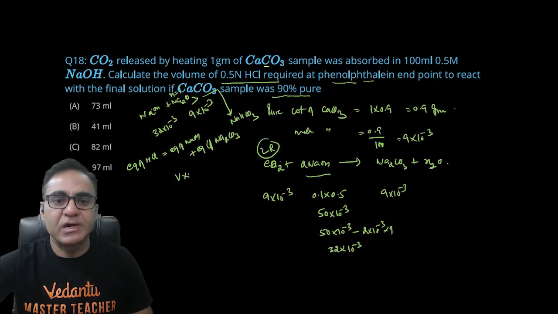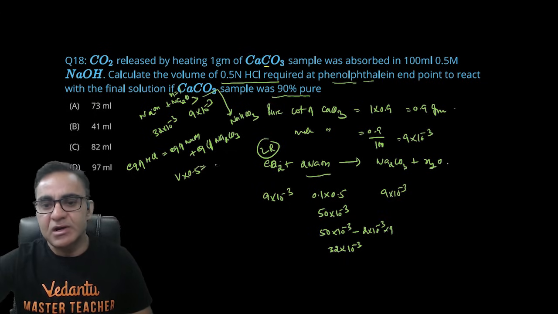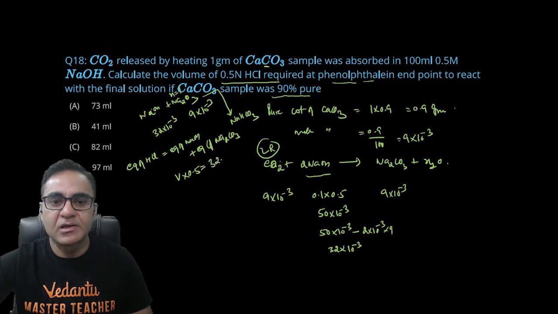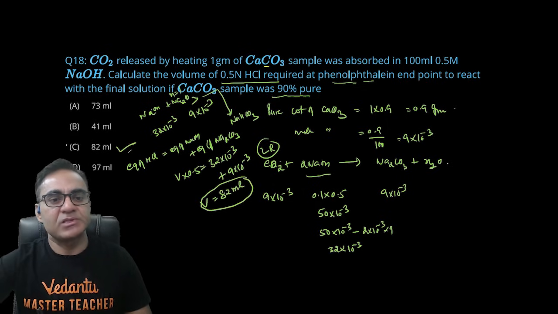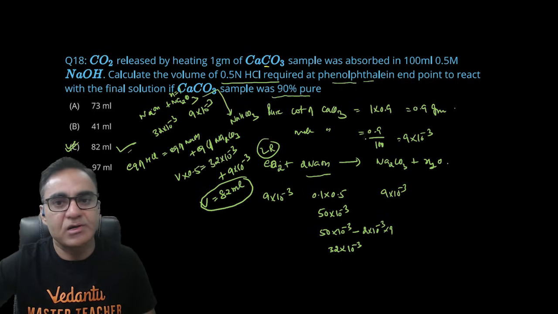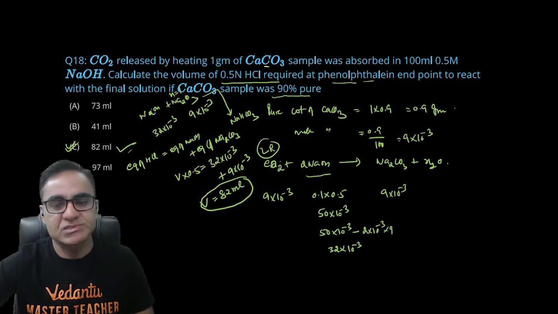HCl का वॉल्यूम V मान लेता हूं मैं, नॉर्मलिटी 0.5 दी हुई है, मस्ट बी इक्वल टू NaOH का इक्विवेलेंट मोल सेम रहेगा 32 इंटू 10⁻³, Na2CO3 का भी इक्विवेलेंट मोल सेम रहेगा, यहां से अगर आप वॉल्यूम कैलकुलेट करके निकालोगे ना तो दिस कम्स आउट टू बी 82 ml। ऑलराइट, so 82 ml, that means option C is going to be the correct option। So beautiful question, बहुत अच्छा क्वेश्चन है, जी मेन या नीट के अनुसार उसके स्टैंडर्ड की बात करें तो इट्स अ गुड क्वेश्चन। ऑलराइट,